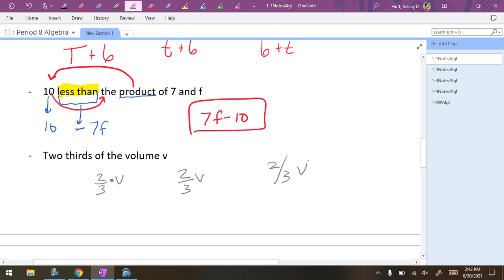And I'm going to shy you away from that, push you away from that, because my question is, does the V go with the 3? Does the V go next to the 2/3, or does it go with the 2? I'm not really sure, right? So I would not write your fraction as a sideways slant. Just one of those little picky things Miss Hoff will get you on. Flip it over.